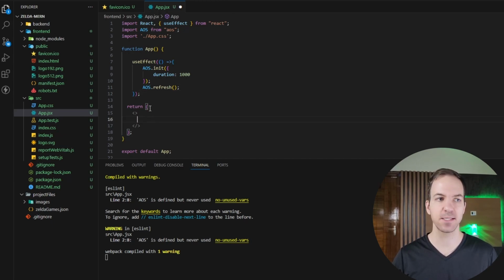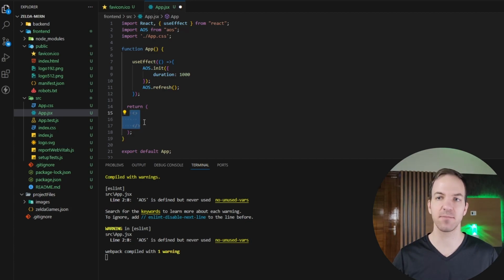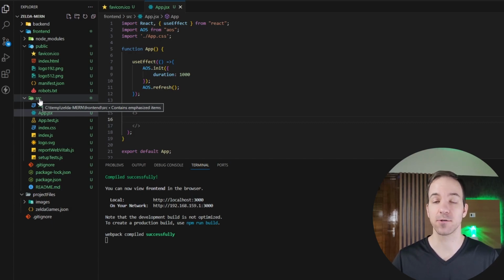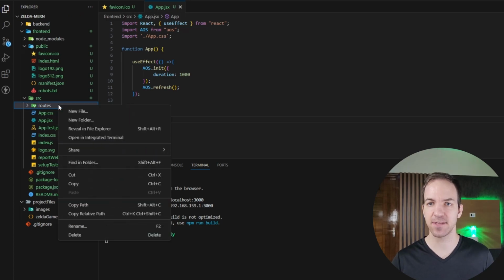Now, inside of this component down here, we need to return something for our application, because right now, if you look at our website, you will just see a blank page here. And that's because we're returning this empty block down here. So I need to put something inside of that. And what you could do is just set up your routing table right here. But I don't generally like to do that. Instead, I like to put a routes directory in here so it's a little more clear where our routes are located. So let's go ahead and right click, new folder, routes,